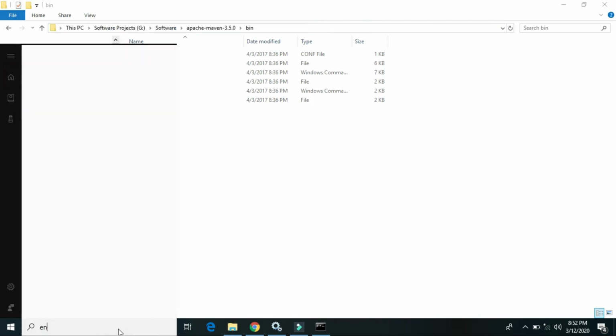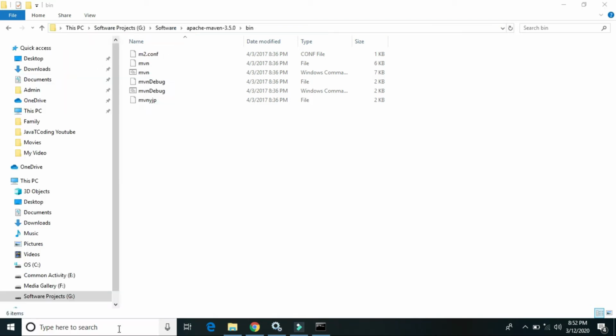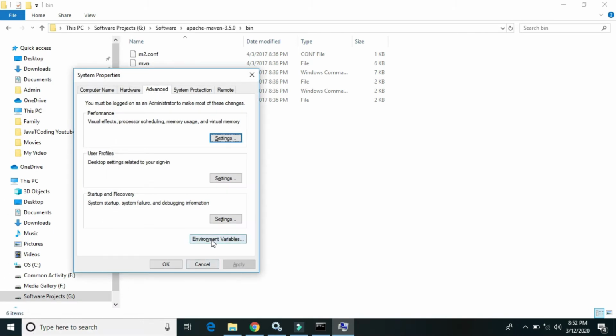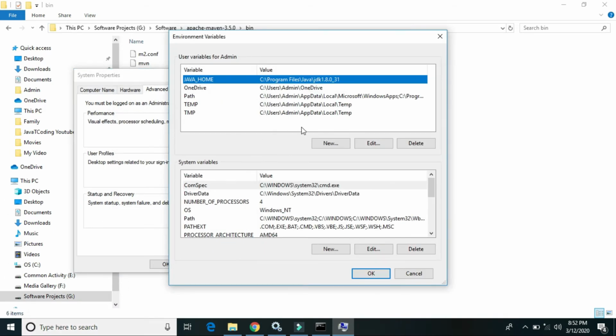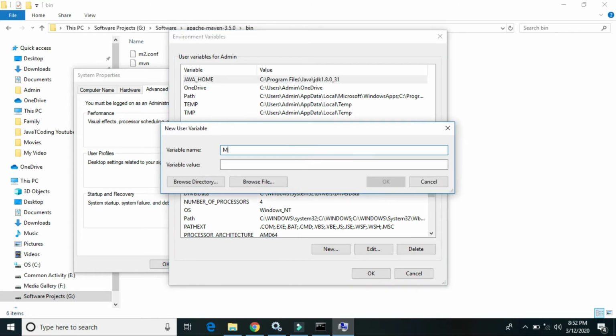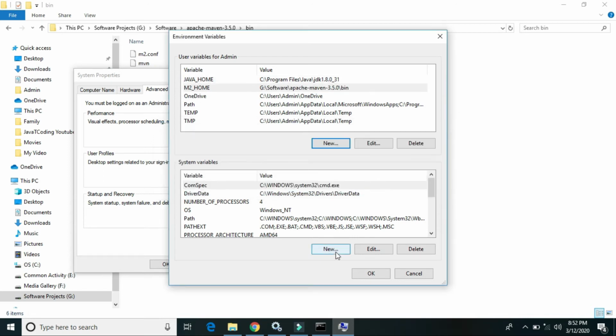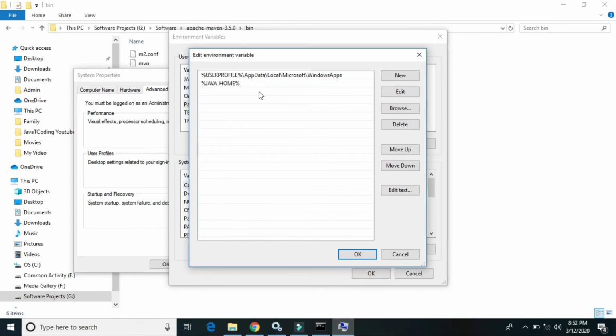So open environment variable, just click on the environment variable here, new M2_HOME, and we have to paste it here. Click OK, and also we have to provide the Maven path here, %M2_HOME%. Just click on OK,